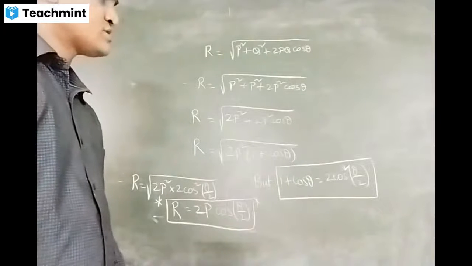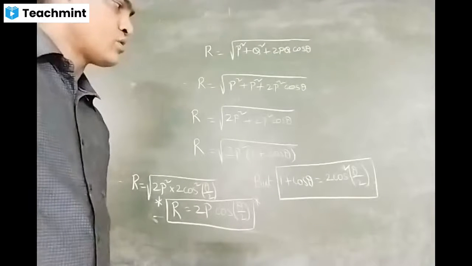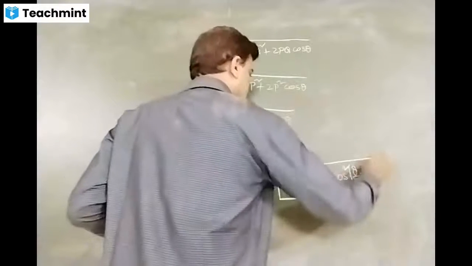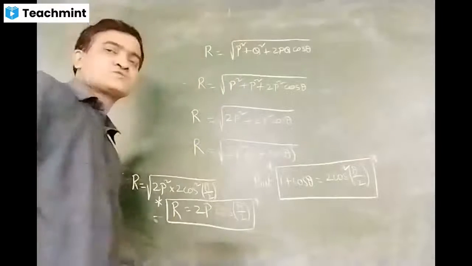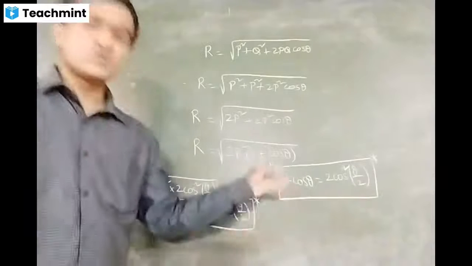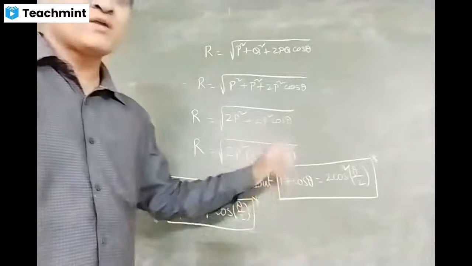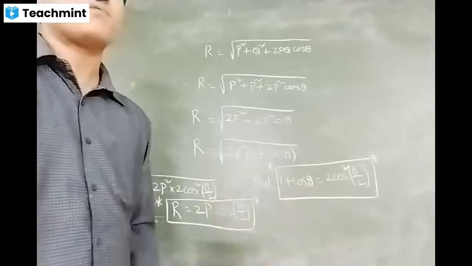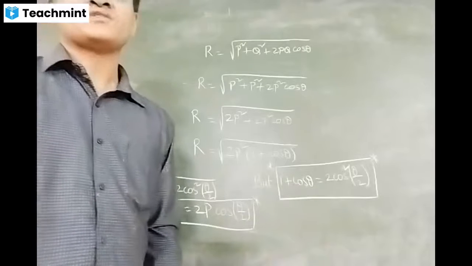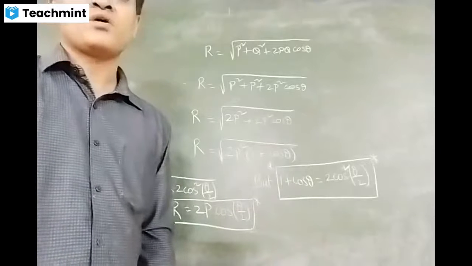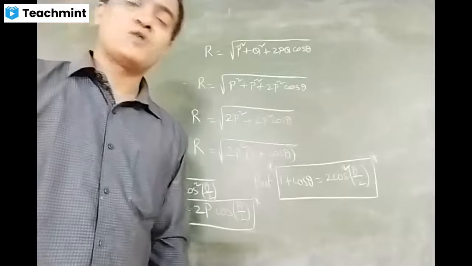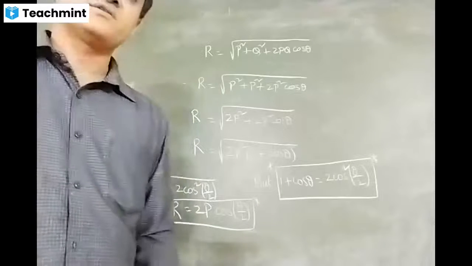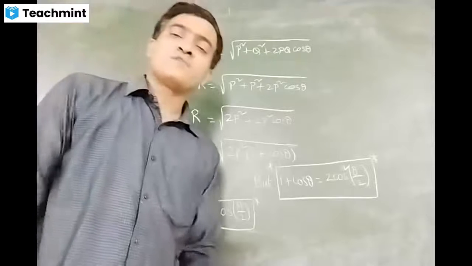1 plus cos theta is equal to 2 cos square theta by 2. Remember this important formula. This will come again and again, so that is the reason. Remember the formula. Very important formula. 1 plus cos theta is equal to 2 cos square theta by 2. Now let me explain how we got this. Can you remember the formula for cos 2 theta?